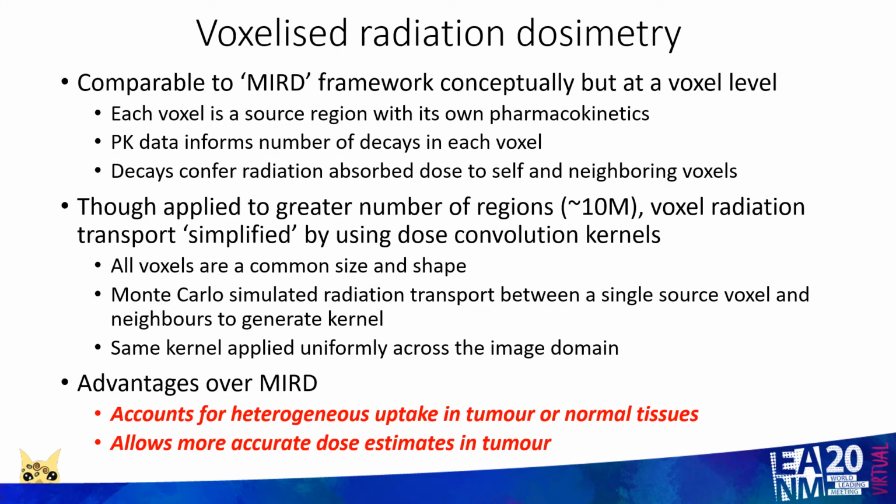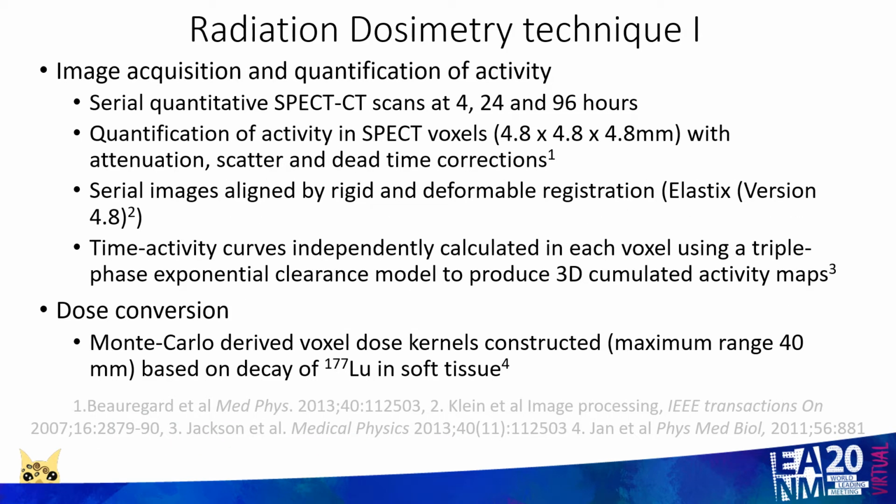Voxelized radiation dosimetry solves many of these problems and divides the body up into a series of voxels rather than a series of body organs. And although there are some simplifications involved in applying these techniques, it does account for heterogeneous uptake of radiation in tumours and normal tissues, and in particular relevance to this talk, allows for a much more accurate estimate of dose in tumour. So at my institution, we've been routinely using voxelated dosimetry for a number of years now,